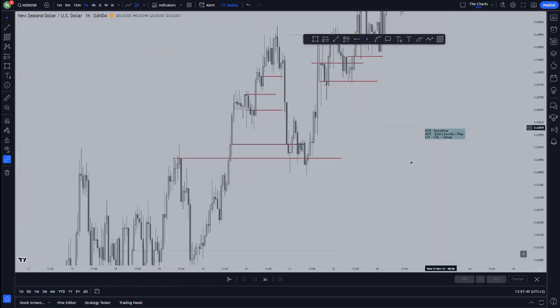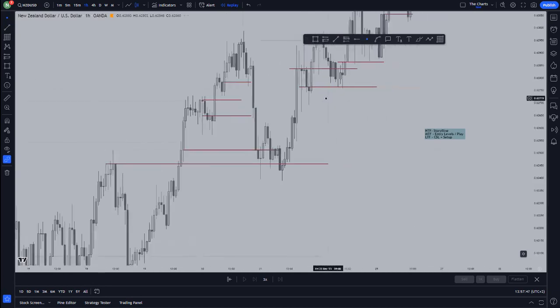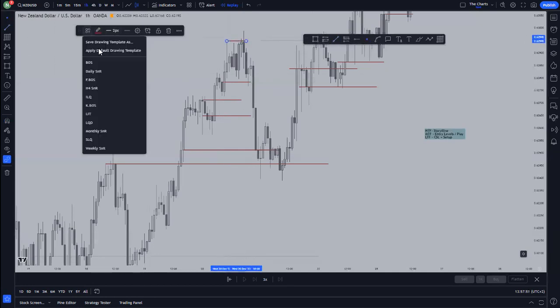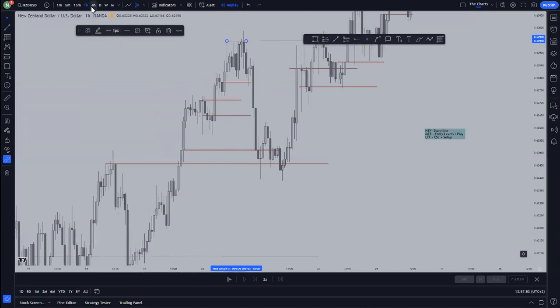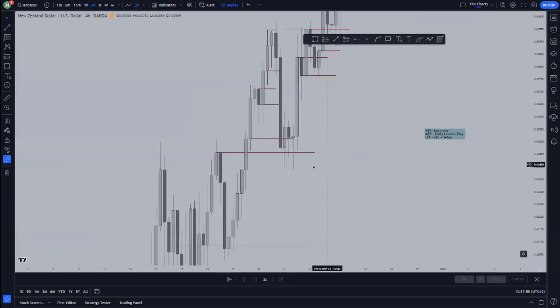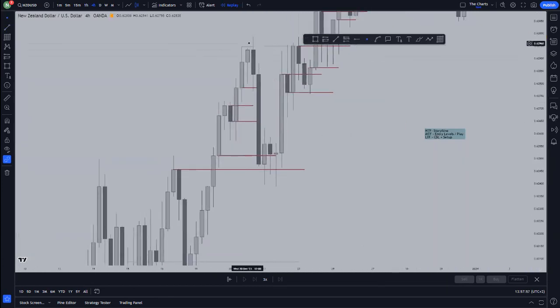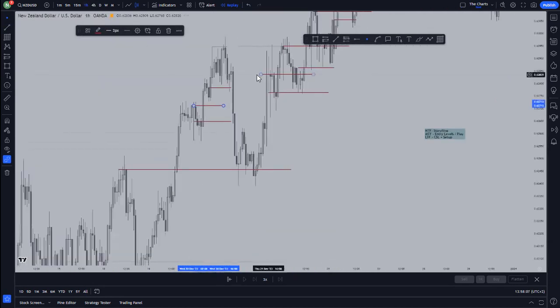So you're going to presume that the storyline has been confirmed. You have all of our confluences and so forth. Now, what you're going to do, you can see that here, this is the sweep of this high right here. So what are we looking at? We're going to be looking for buys. With this one, high probability, as I told you, is going to be at this low right here. So something like this, might even take it out. This one right here, so entry level.